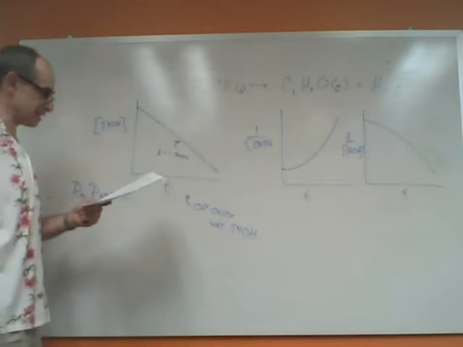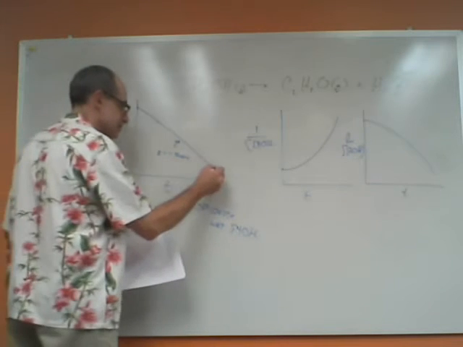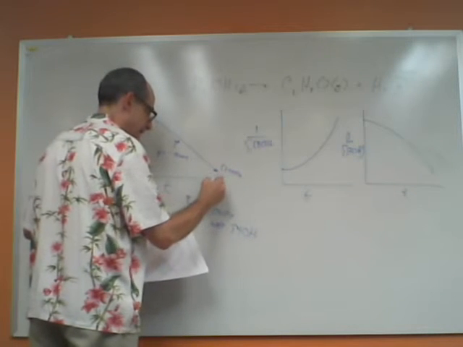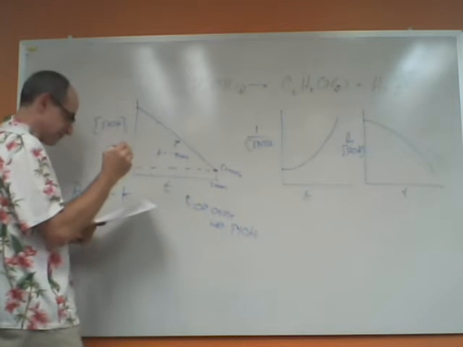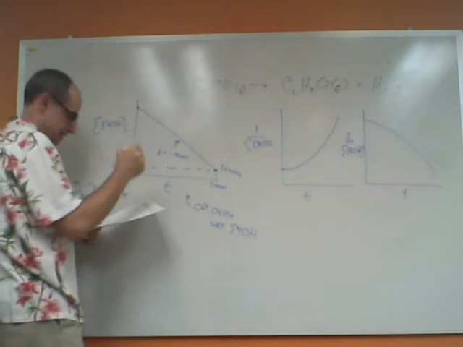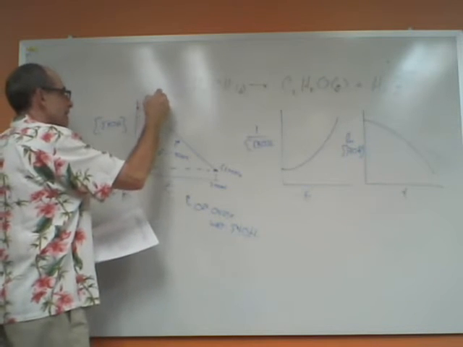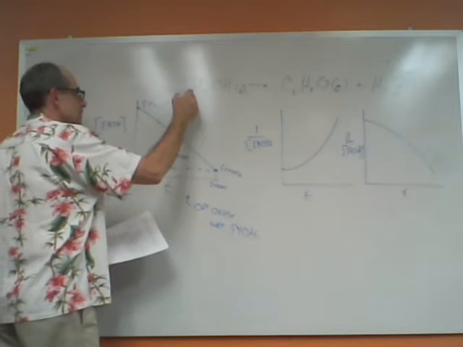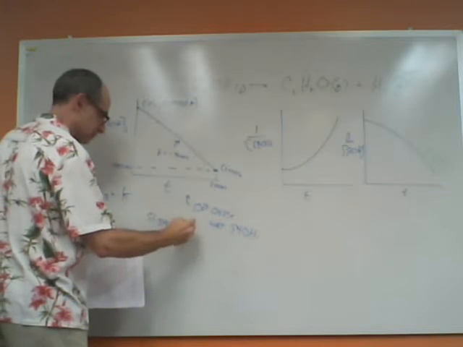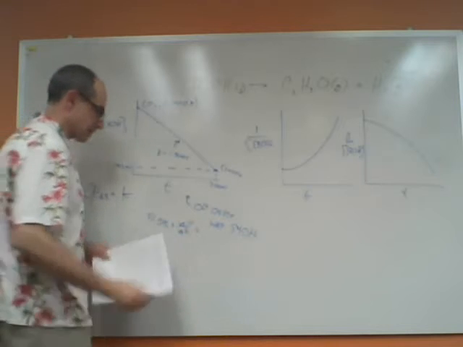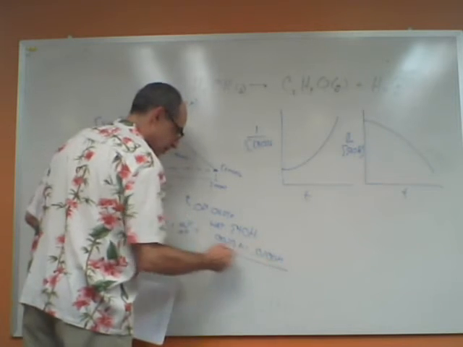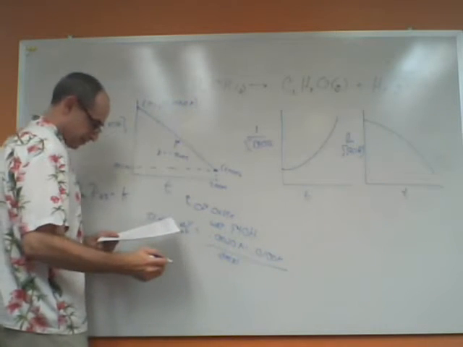Again, we will need to pull some data, and we've got data here. This is the point 2,000 seconds at a concentration of 0.002 molar, and our initial point here would be 0 seconds at a concentration of 0.01 molar. So the slope would be delta y over delta x, or 0.002 molar minus 0.0100 molar over 2,000 seconds